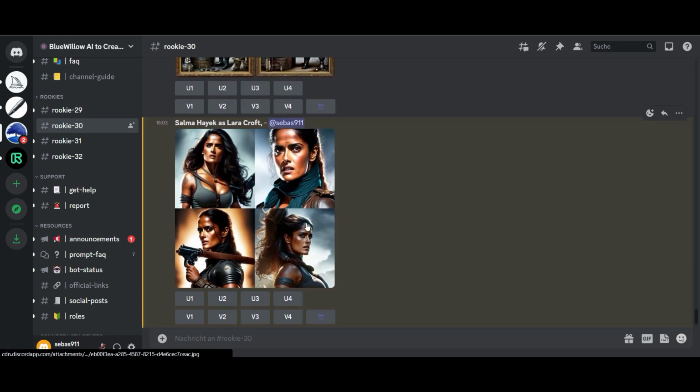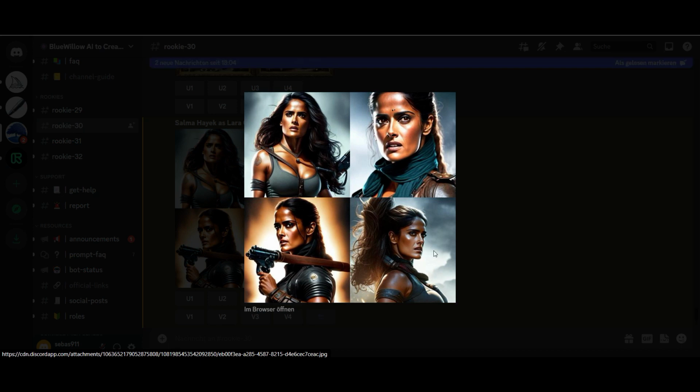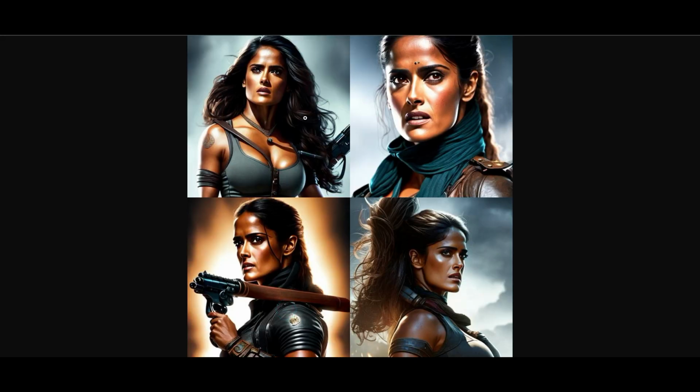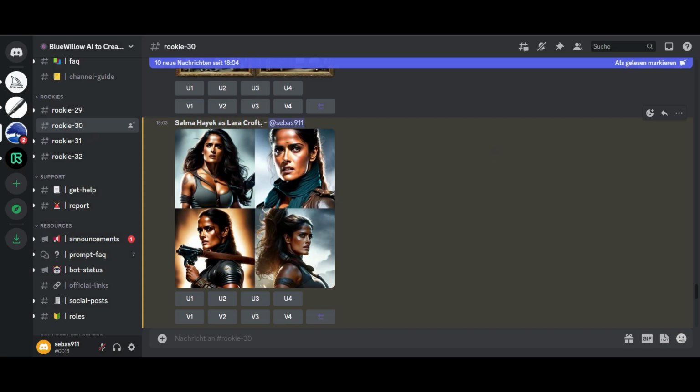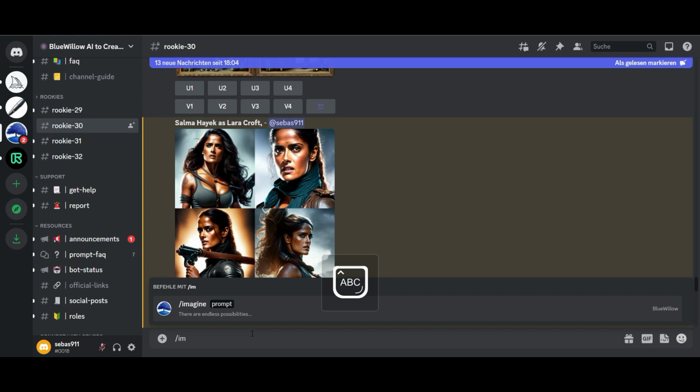Now this is our result here and it doesn't look so bad now. I really like the first one. That looks really very realistic, but this gun here, I don't know what is that. A little bit strange. But okay, no problem. Now, let's do it again. Copy, then imagine,